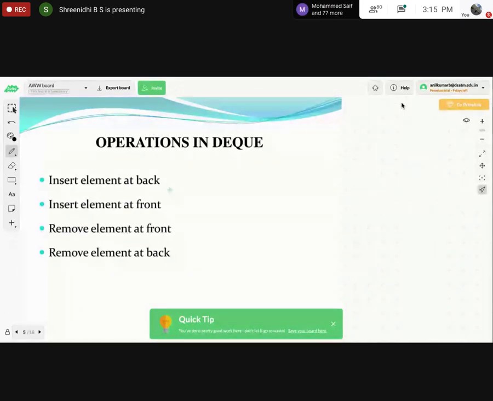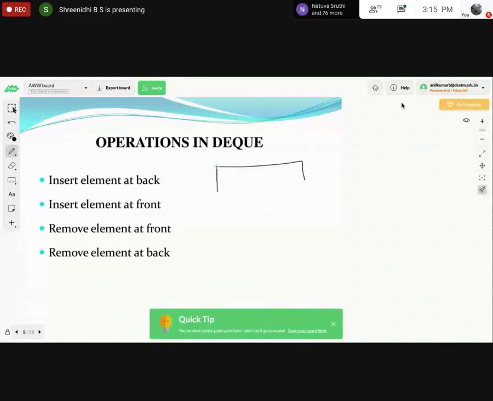What about here? Insert at back. Consider this is a queue. Front. Some books write rear end as back end. Back end and rear end both are the same. So don't be confused there.